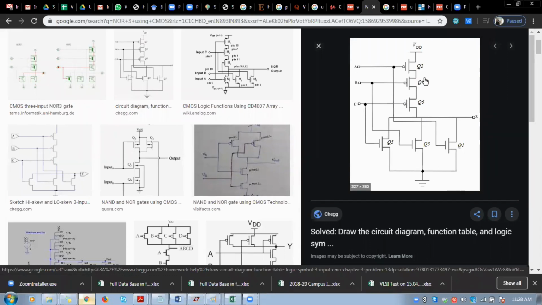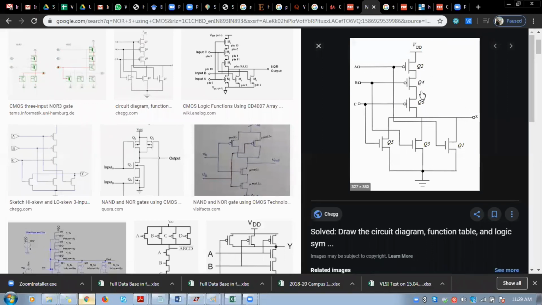If you consider 2 inputs, here you will have 4, 4, 1, 1. You don't have this NMOS as well as this PMOS. So you will have only 2 stages, 2 into 2, 4. So 4 is the K value here, 1 is the K value here, 1 is the K value here. So 4 plus 1 plus 1, 6. So 6 divided by 3, right? 6 divided by 3 is 2.